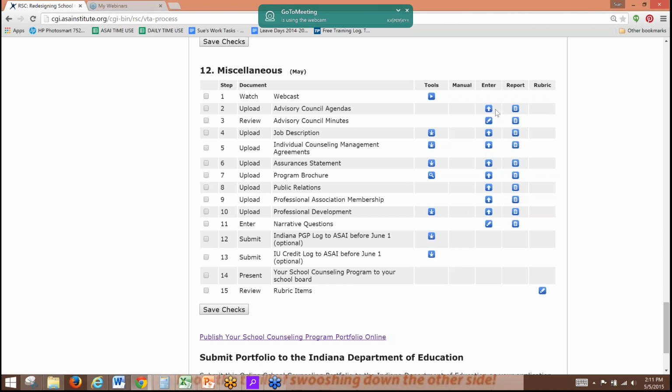In terms of the agendas, you have 6 different agendas, but you can only upload 1 document. If you put the first agenda in and then try to upload the second agenda, it'll kick the first agenda out. So what we need you to do is to take those 6 documents and scan them into a PDF, and then upload 1 PDF document that's got all 6 pages in it.